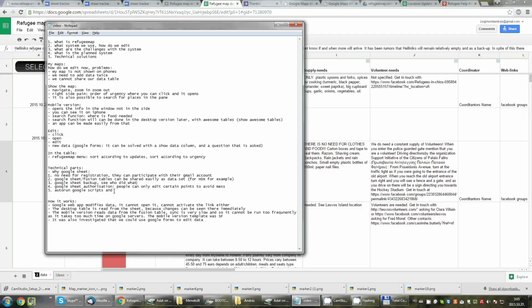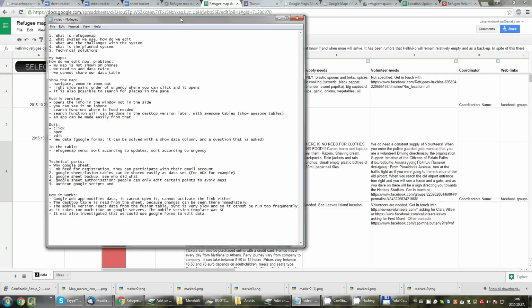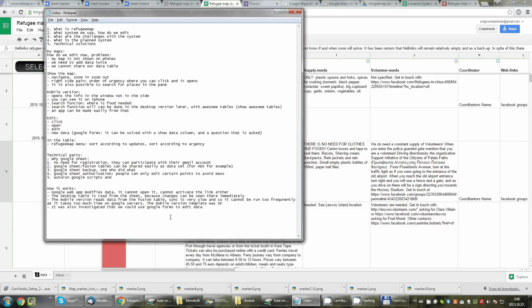And there is the possibility to auto-run Google scripts. So basically this means that once something happens on the site or with the map, an email will be sent, or we can, well, probably other systems can do this as well, but this is just an advantage. Okay, but on the other hand, there are things that, in order to make it easy to